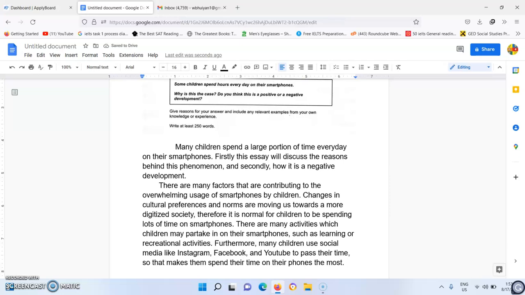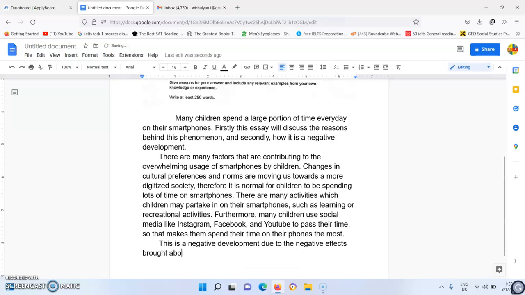Now, I have simply answered why this is the case, right? Now we'll go to the next question, which is whether or not this is a positive or negative development. So let's do this, okay? This is a negative development due to the negative effects brought about upon children. If children spend too much time on their phones and not enough time playing outside,